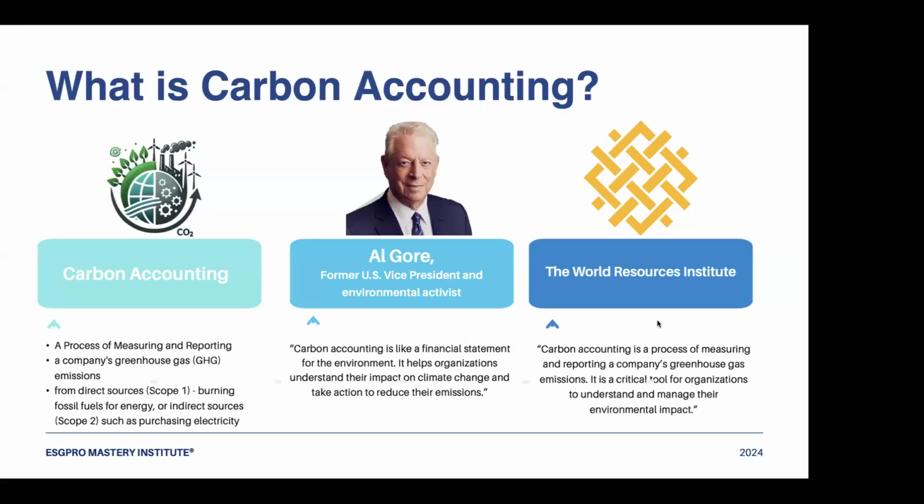So they also brought in the larger context, but the definition I gave you in the beginning, the three-pillar definition, remains the same. The three pillars which are critical to understand: first, the process of measuring and reporting. Second, company greenhouse gas emissions. And third, where that gas emission is happening from. Is it happening from direct sources, on the basis of which you are producing your goods by burning fossil fuel, or indirect sources where you are buying from? So generally it is Scope 2 and Scope 3. Of course, I will define Scope 1, 2 and 3 for you later on as well.